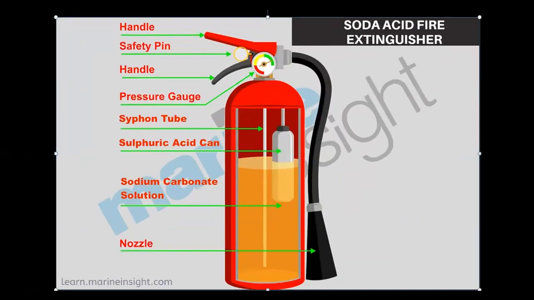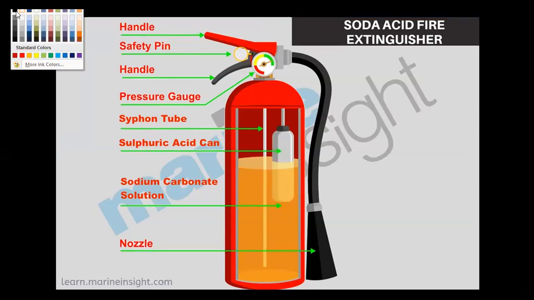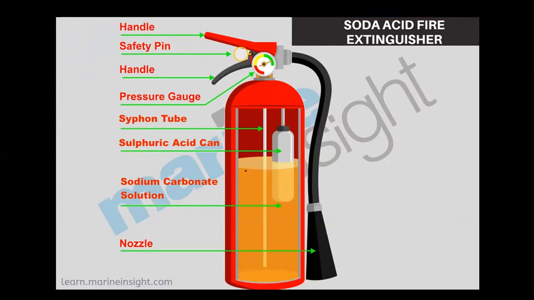Okay. So here it is actually, this is a soda acid fire extinguisher. So what we did here is that we have this sodium hydrogen carbonate, NaHCO3. Okay, and we have a bottle here which is filled with sulfuric acid. Okay, so when we press the knob, when we take out the safety pin and we pull the handle upward, the acid comes in contact with this sodium hydrogen carbonate, means we have this H2SO4, sodium hydrogen carbonate and H2SO4 will meet.